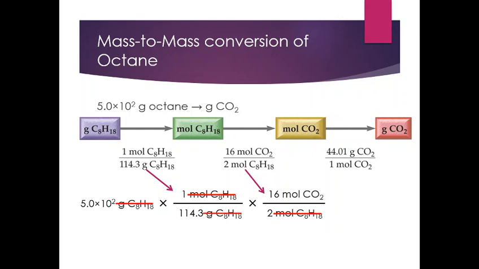Once we're at moles of CO2, go from moles of CO2 to grams of CO2 by using the molar mass of CO2. Because we're trying to get rid of moles of CO2, make sure it goes on the bottom. Grams of CO2 is hopefully the last unit that you have left. Plug everything into your calculator correctly, and you should end up with 1.5 times 10 to the 3